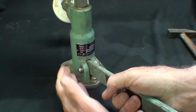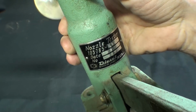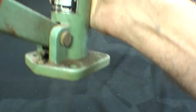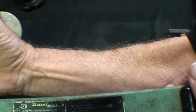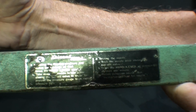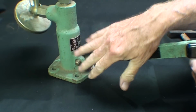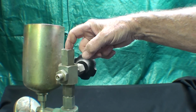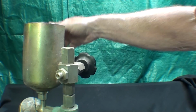This is a nozzle tester for diesel injector nozzles. And the brand, it says made in Japan, Diesel Kiki. Directions on how to use it. Now, from what I understand, this is a little hydraulic jack made just for the job. I believe that there should be a gauge here, a pressure gauge, and then diesel fuel, I suppose, put in here, and that's why there's a filter,